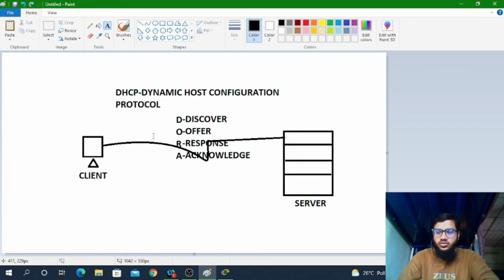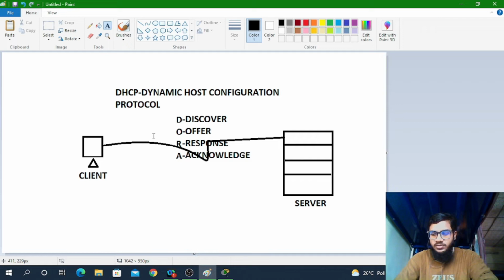Mainly it provides the IP address to the system, to your client PC. However many client PCs you have, all the client PCs will get a particular address.